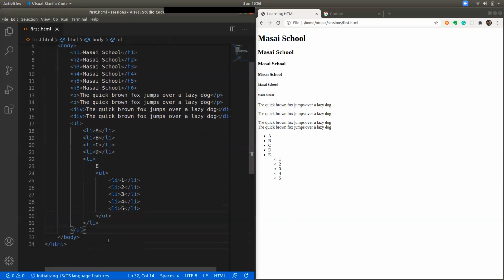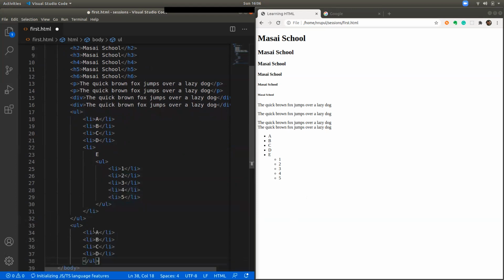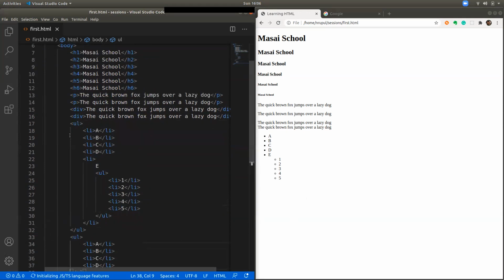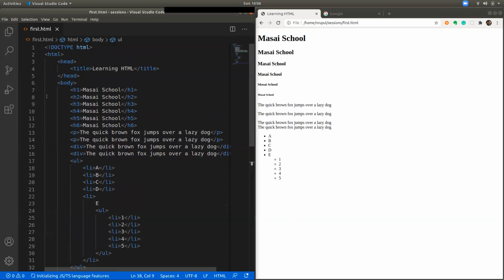And also, like I said, there is one more thing like UL, which is called OL. OL is an ordered list. I'm just copy pasting the same thing again. Why am I writing the code in such a fashion with spaces? Because it makes sure I know which is inside which, and it makes the code readable.